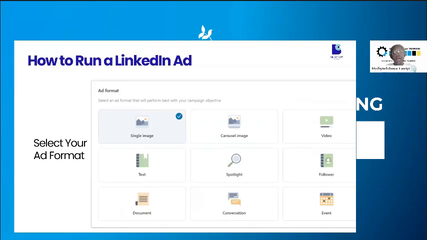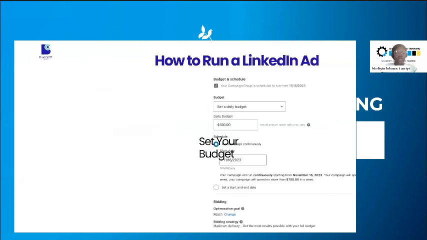Again, you select your ad format. So are you posting one picture? Are you posting a carousel? Are you posting just text? Are you doing an event, a conversion, a document, video, or anything? Just select whatever format your campaign is going to be in, and then you move on to the next thing,